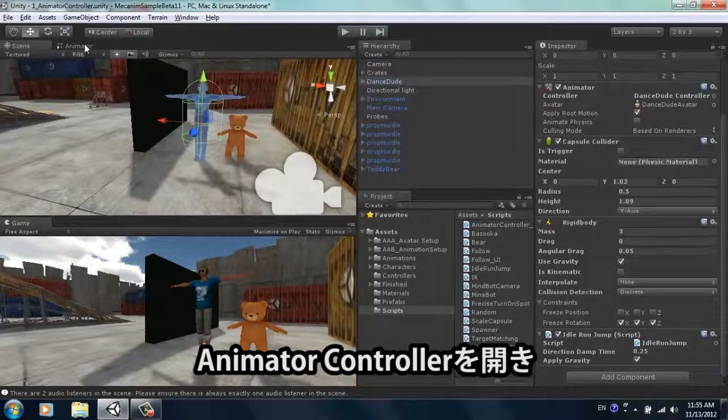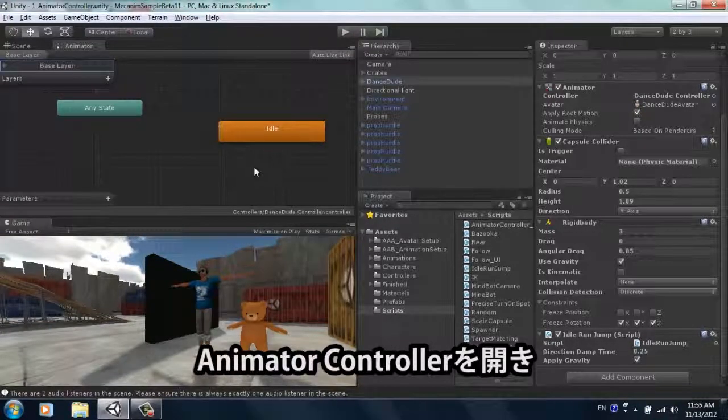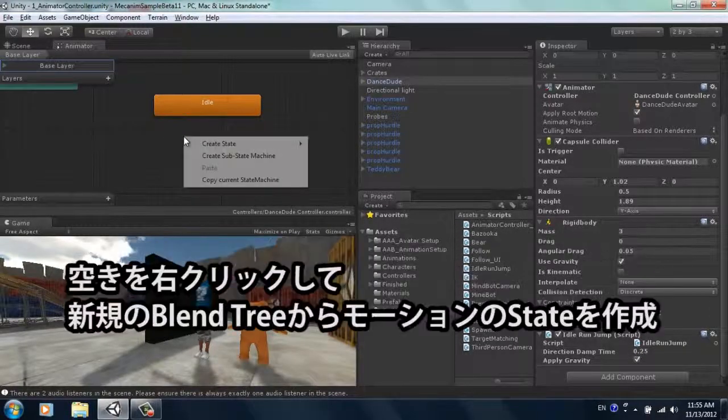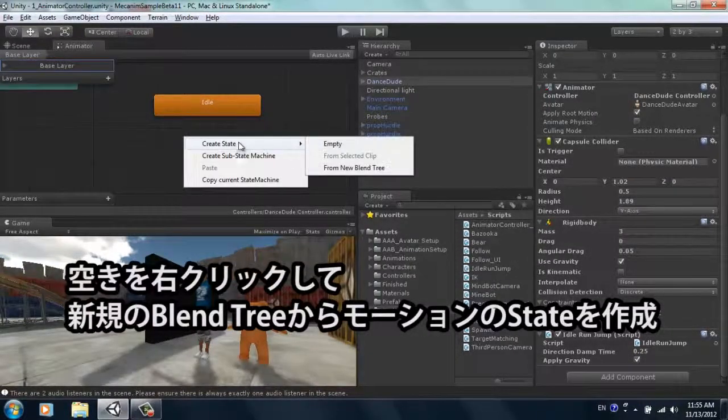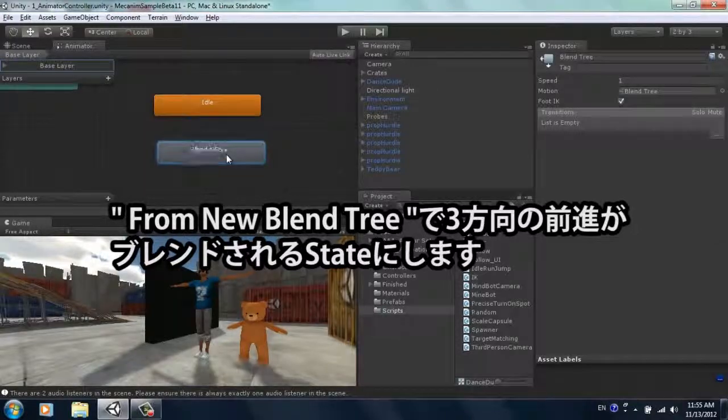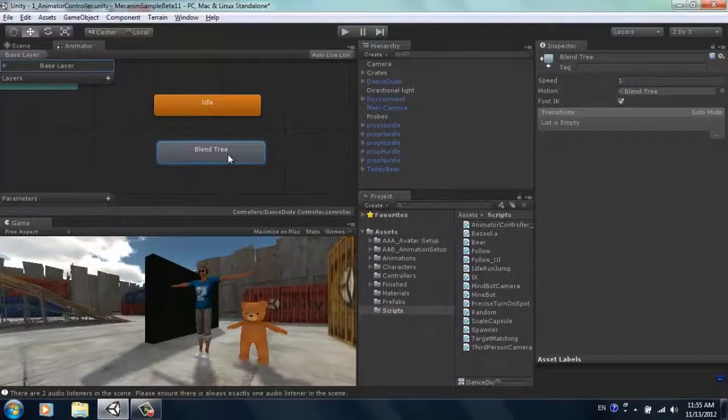But for now I'm going to go back into the Animator Controller, and I'm going to create another state. I'm going to create a run for my character. So to do that, I'm going to right click, and I'm going to select create state, and then from new blend tree. So this is creating a blend tree, and this is going to blend my run right, run left, and run forward into a single blend tree. So if I double click on this,